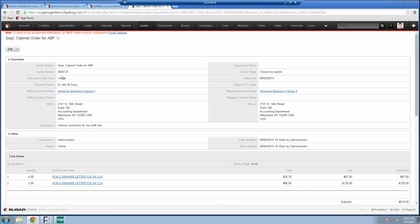And what it's done is it's assigned an order number, 3600-137. Now, the way the integration works is it's set to run on a schedule. So for most of our users of the integration in a busy environment, they may have the integration running every 10 minutes. We have other people running it every hour. It could be any time frame you want. But for purposes of this, to send it over into Sage 100, I'm just going to